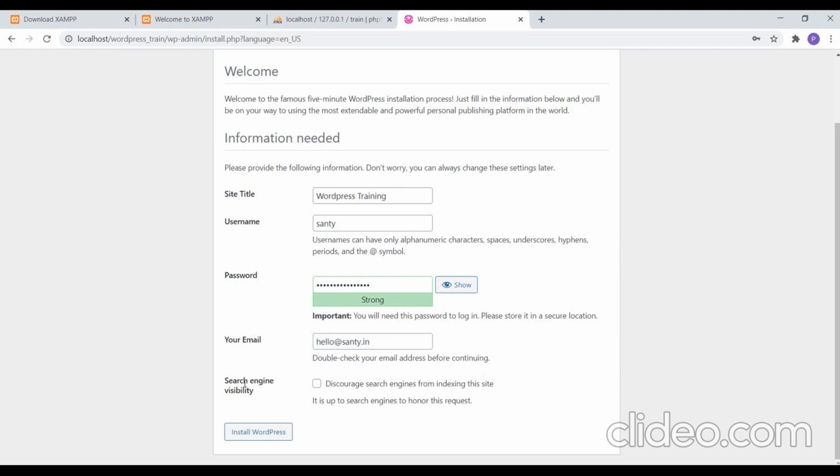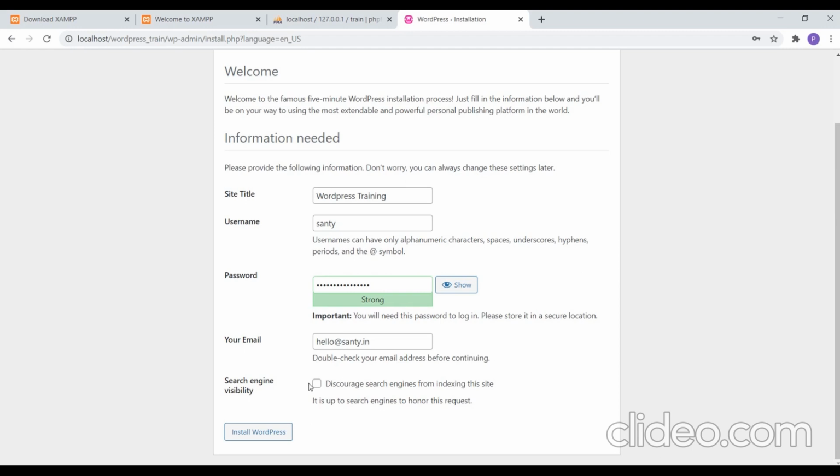Next comes something called search engine visibility. Since we are working on local, we don't need to have this option unchecked because it won't be crawled by the Google bots. This is a part where you need to consult with your SEO experts, or by default you need to have this checked until you're making your website live. Until your website is live and you are ready to go with all the pages, you shouldn't uncheck this.